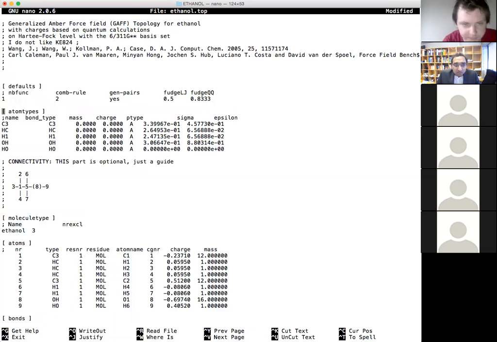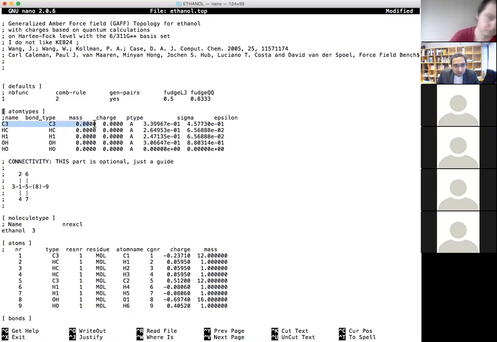Then there is atom types. Now, although ethanol has 9 atoms, the atom types are somewhat similar. So if you look at the structure of ethanol, it is CH3, CH2, OH. So in the CH3 group, all the hydrogens are the same atom type. Although they are different atoms, the atom type is similar. When I say atom type is similar, they will have the same mass, the same partial charge, and similar sigma and epsilon, Lennard-Jones parameters. So for ethanol, you have 5 different types of atoms.